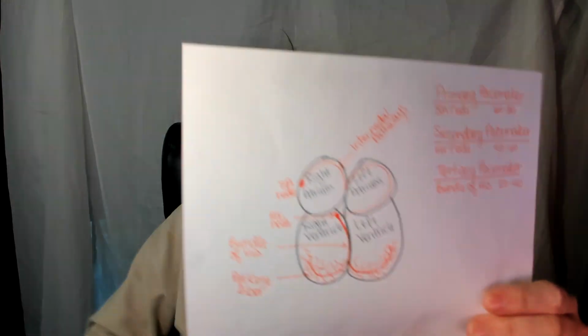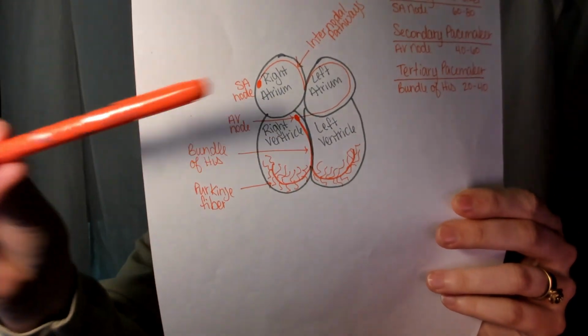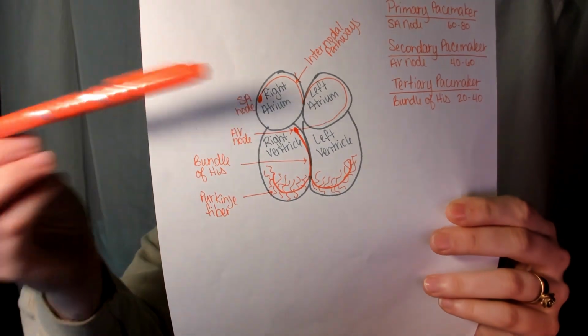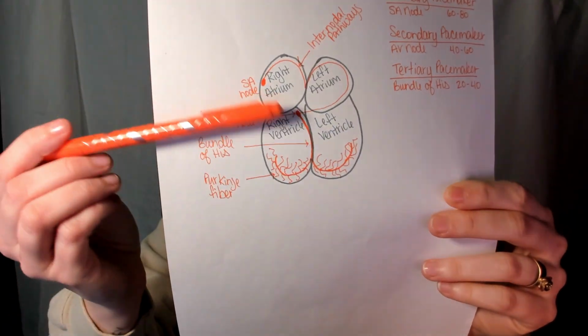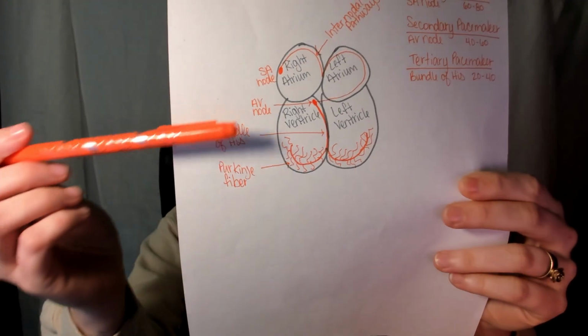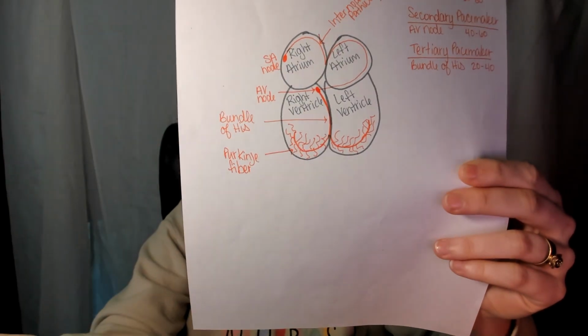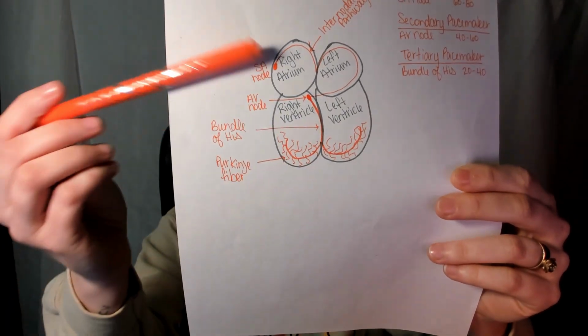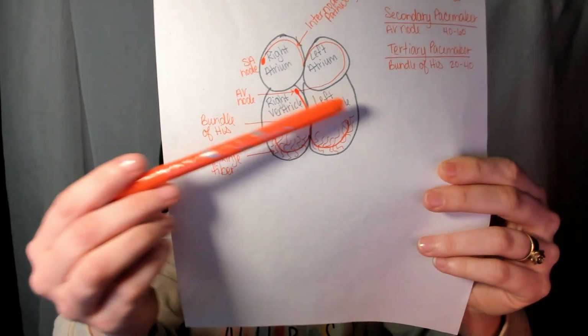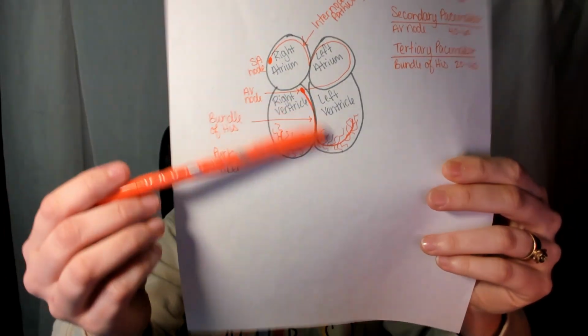So, ideally, we just keep our SA node, our primary number one pacemaker. But if it should fail, our AV node will try to be a pacemaker. And if it should fail, and this has failed too, the bundle of His will try to be a pacemaker for the heart. Okay? Now, your SA node sets the heart rate and provides about 60 to 80 electrical impulses